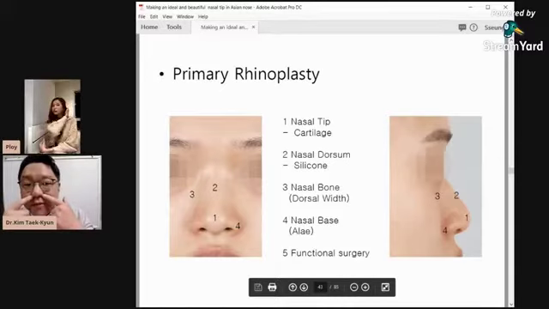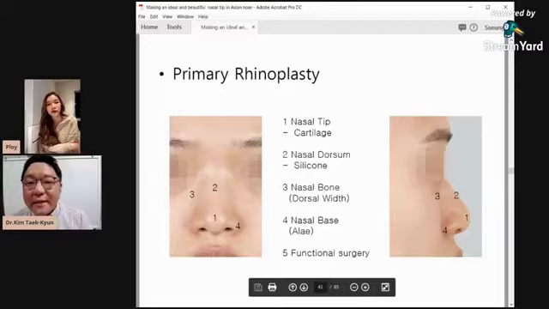First one is the elevation. If it's too wide, then we can make it narrow. Okay. And from the outside, it's the shape, but inside, the nose is also a breathing respiratory organ. So we have to think about the function of nasal breathing. If there is some discomfort during nasal breathing, then we have to think about surgery to correct